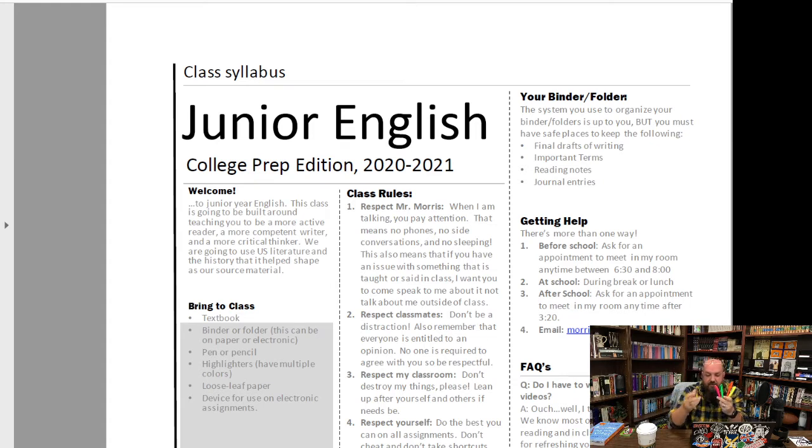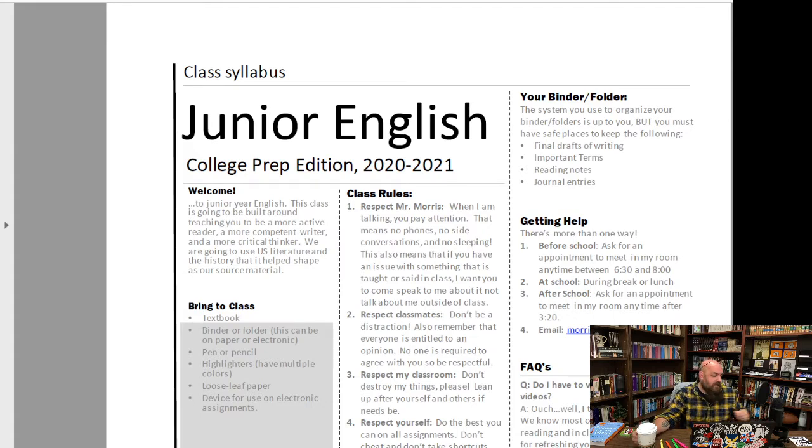You notice I got 4 different, and there's a blue that exists. I just have no idea where it went. But I've got these 4 highlighters here, because as I read and annotate, I'm going to use them for different things. Now, I'm going to let you decide what you want for which one, all right? Like, for example, I hate green highlighter, so I use it for the smallest possible chances I'm going to use it. Green's my favorite color, but the highlighter's terrible. So you need those, okay?